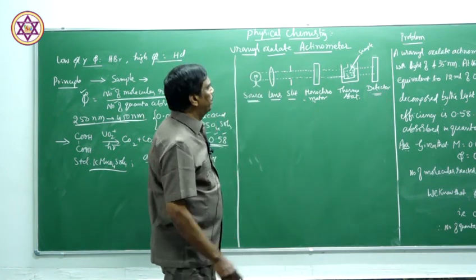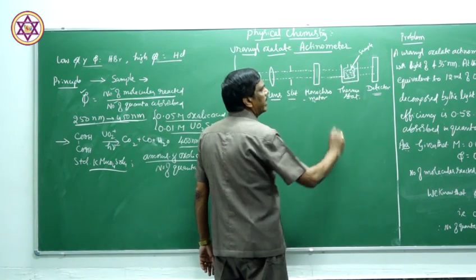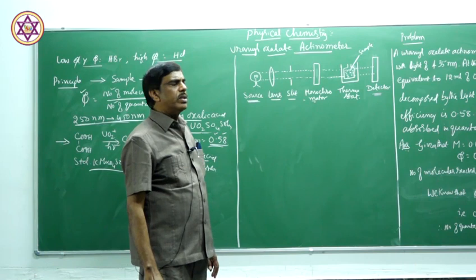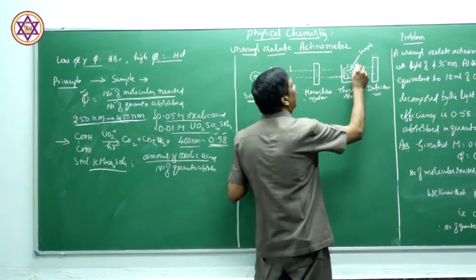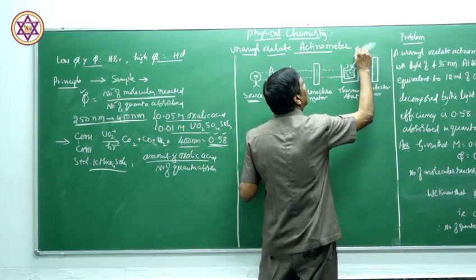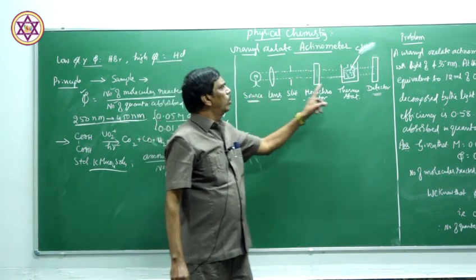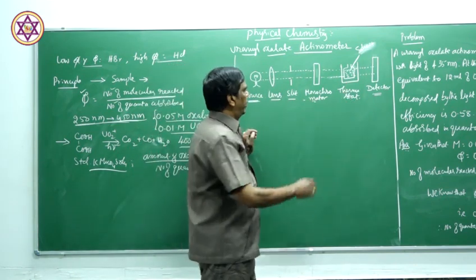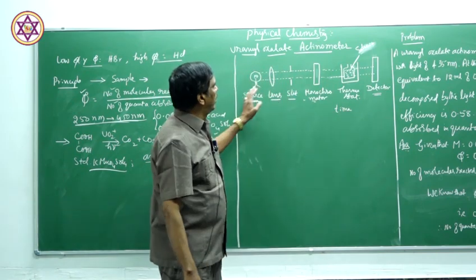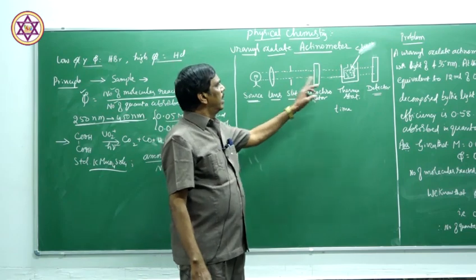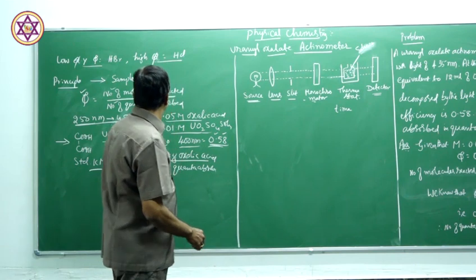Now, in the beginning, the solvent in which the reacting substance is dissolved is taken in the thermostat. In the beginning we take the solvent, and we pass this radiation through this solvent for a known time t. During this irradiation period, oxalic acid undergoes decomposition.